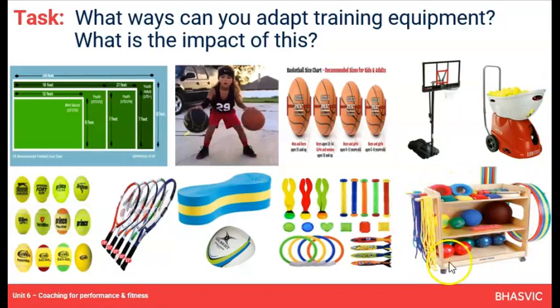We've got an awful lot of gymnastics equipment, or variations, soft foam balls to practice catching, throwing, which isn't as threatening as a hard basketball. You practice on a foam ball, particularly things like primary schools, but also hoops, cones, which can be used as targets or areas to aim for. So you can imagine lots of reasons why equipment might be used: for safety, for age, for ability, all there as strategies to improve.